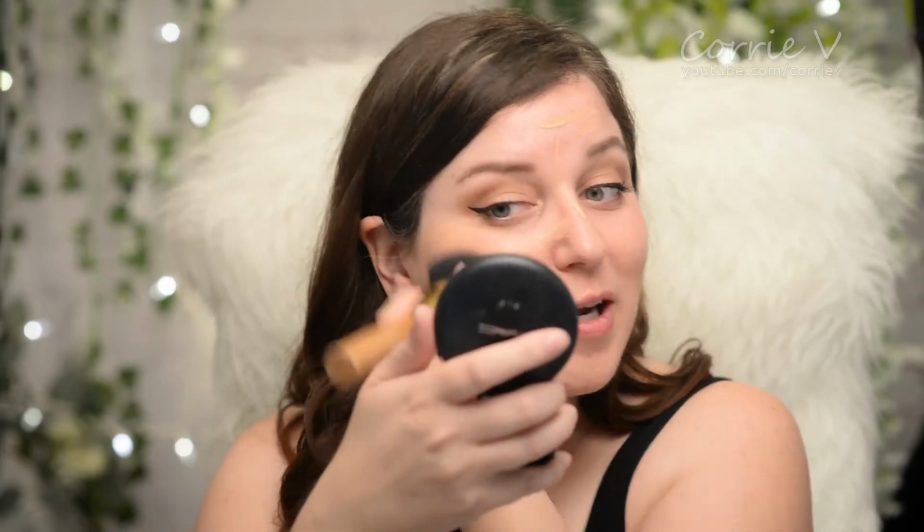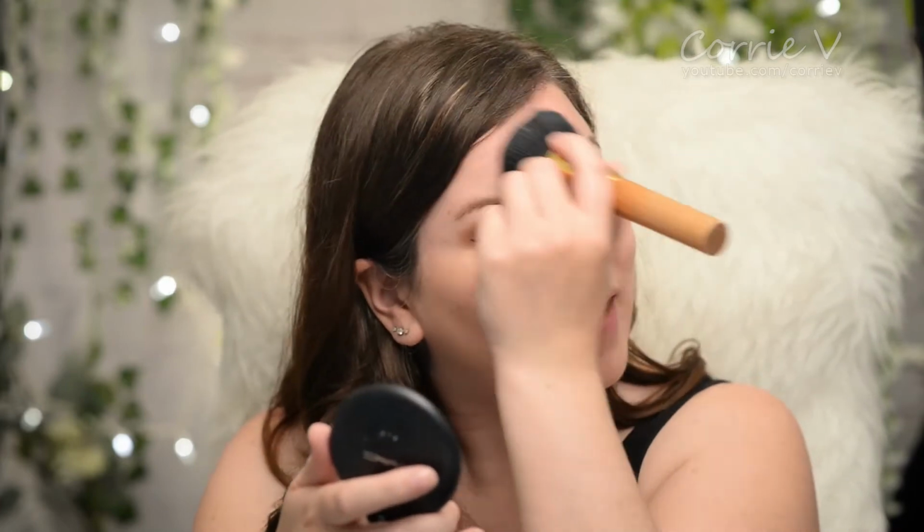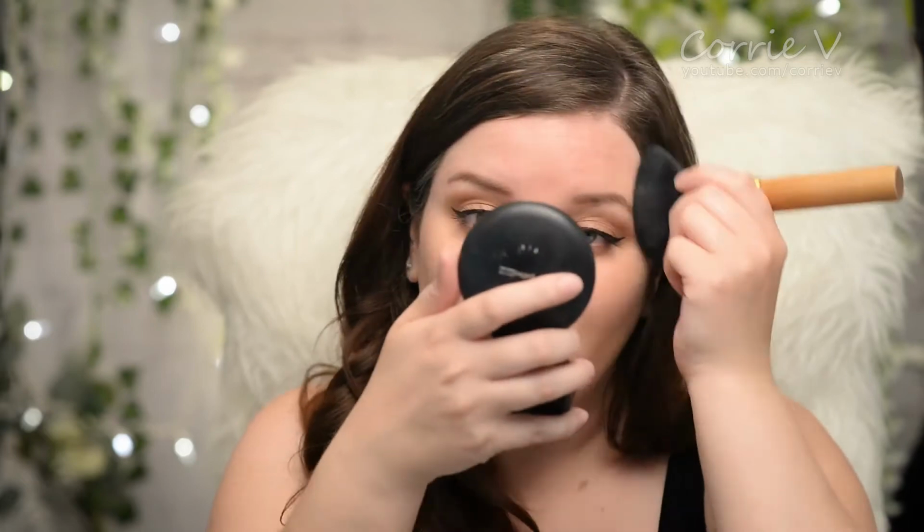And you can see I didn't use too much product. And already, my blemish isn't completely covered, but to me that's camouflaged enough, especially since I wear glasses, that I don't think I would need to go back and cover it up anymore. So there we go. That's one layer. I think I will build up a little bit more,